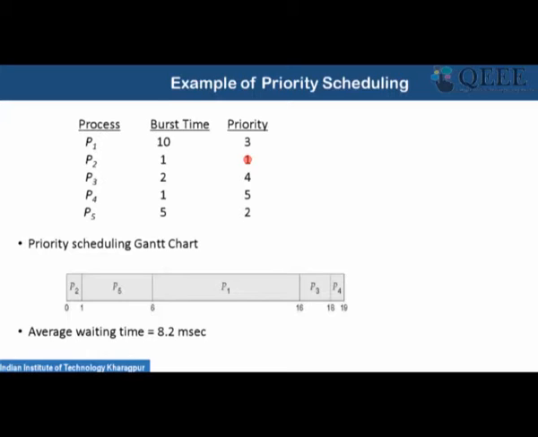So priority is actually in the reverse order of this number. So 1 is the process with maximum priority. Then 2 is the next process which has the second maximum priority. So what you do is you take process P2 first, then execute it, then process P1 first. That way you schedule them one after another.